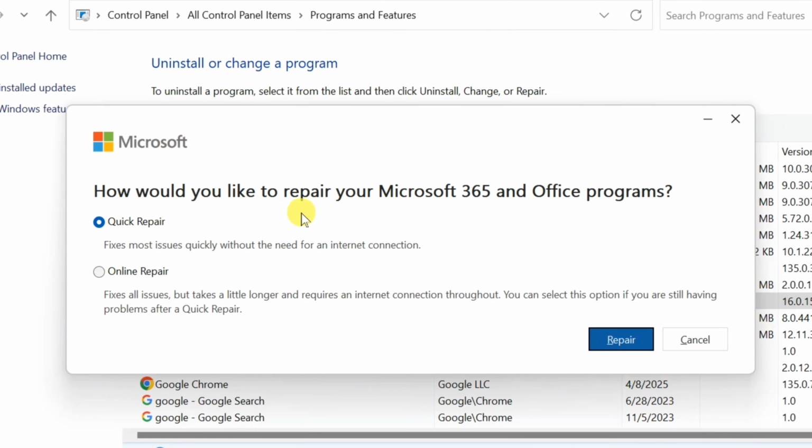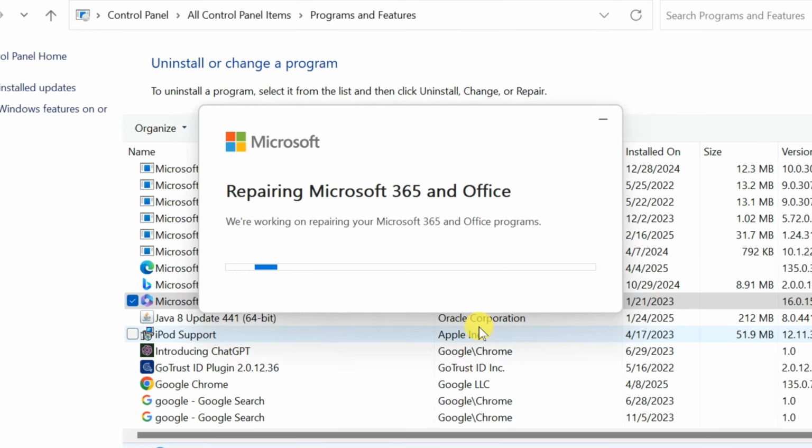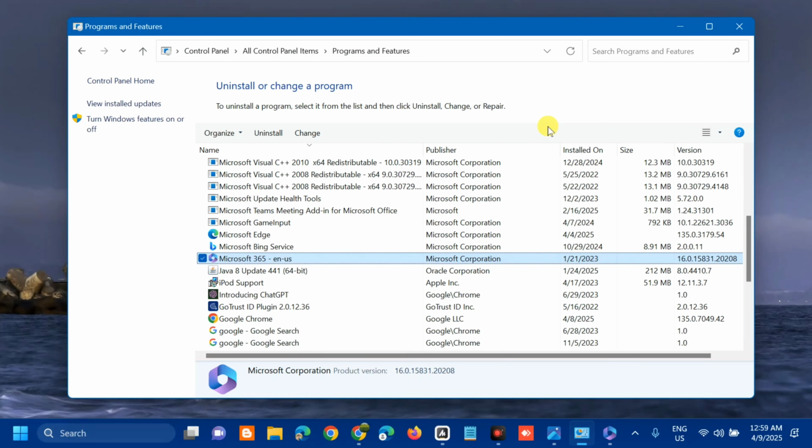How would you like to repair your Microsoft 365 or Microsoft Office programs? Select online repair, then next step, and click repair. Microsoft is ready to start an online repair, then next step, and click repair again and wait to complete the repairing process for Microsoft Office. Alright, once you're done with the repair for Microsoft Office, we need to close these programs and